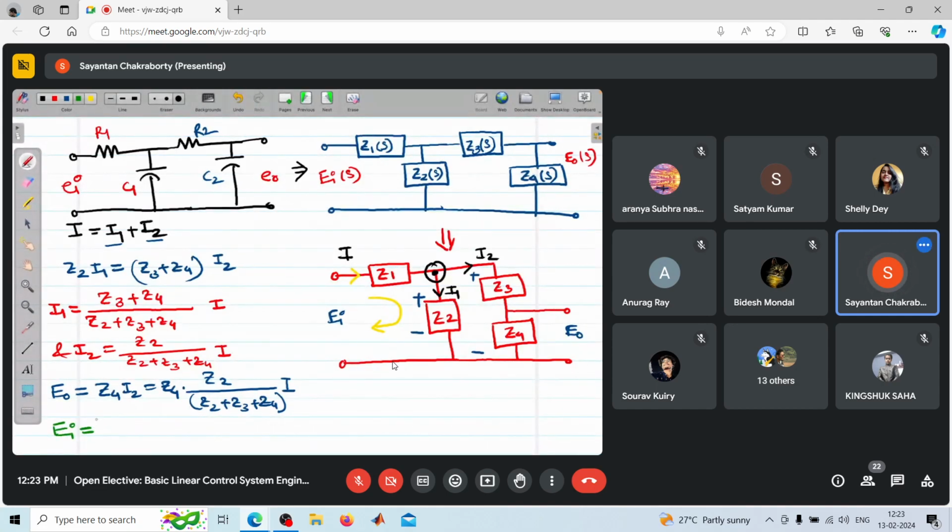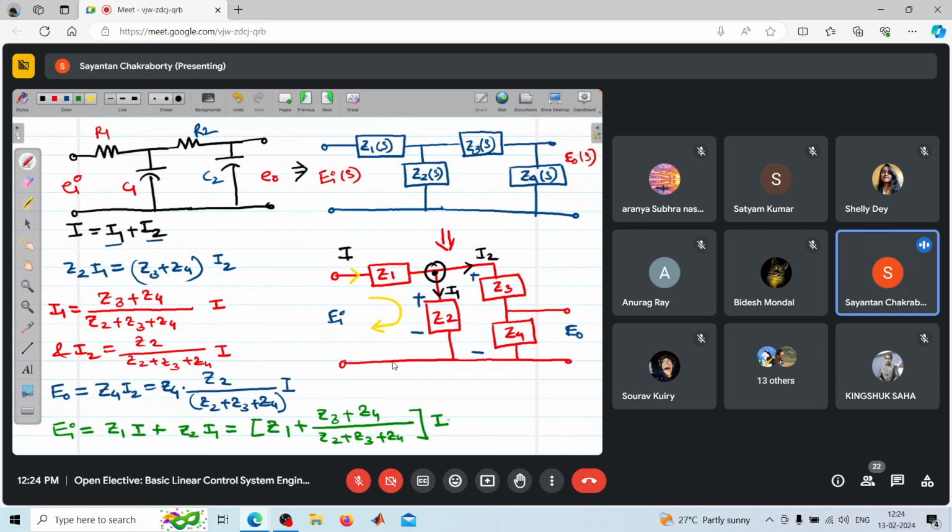EI is equal to Z1 I plus Z2 I1. So if you replace I1 by I, so what you will get? Z1 plus Z3 plus Z4 by Z2 plus Z3 plus Z4 I,